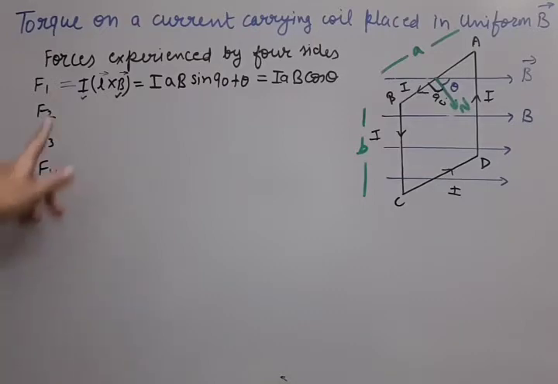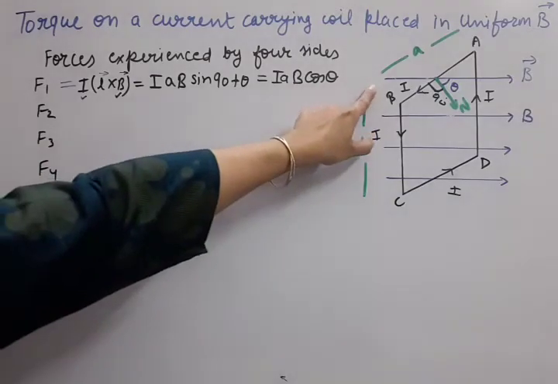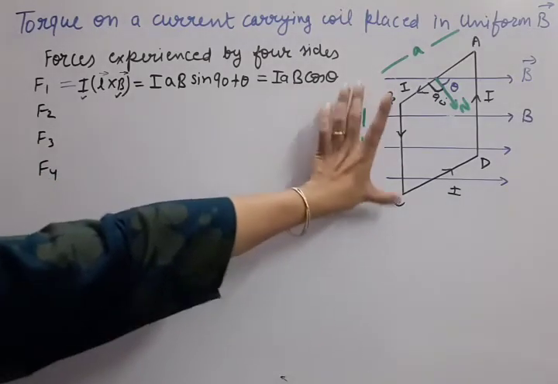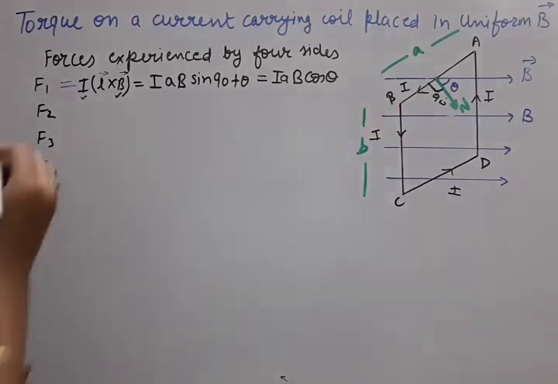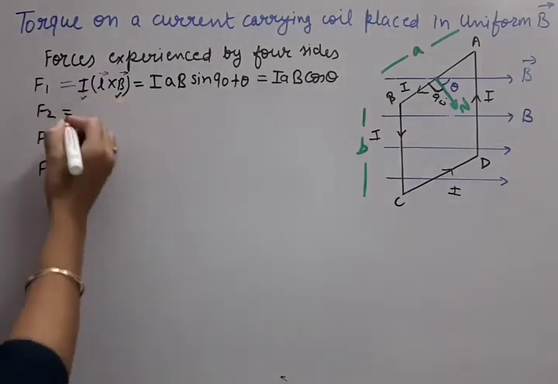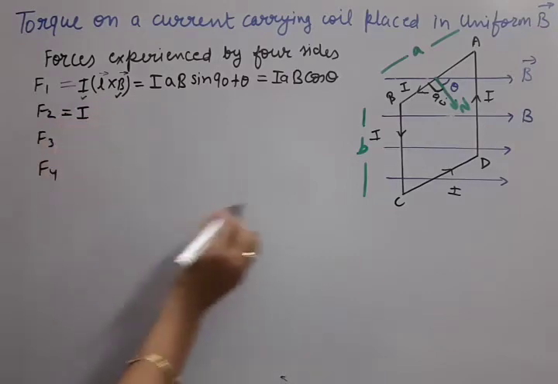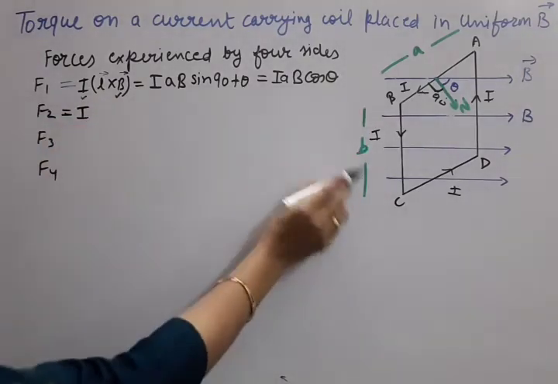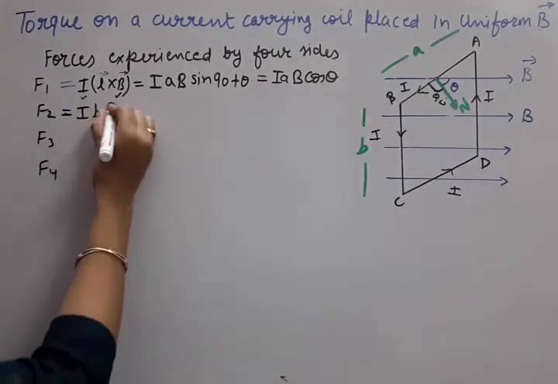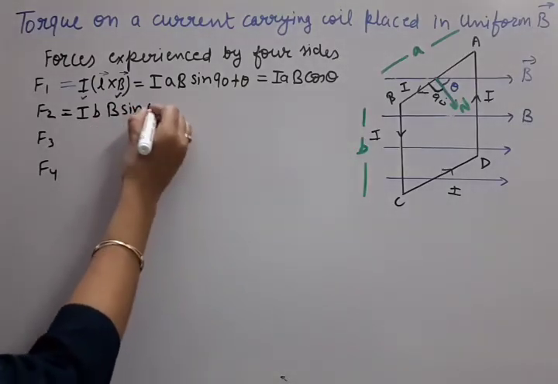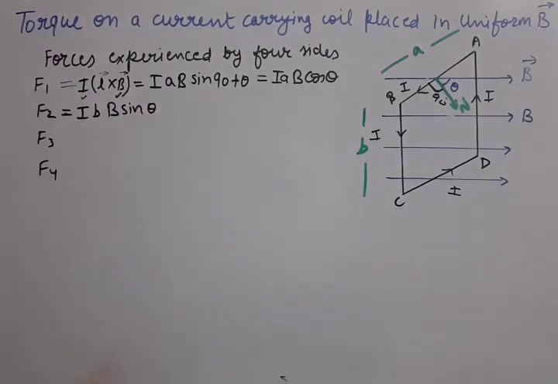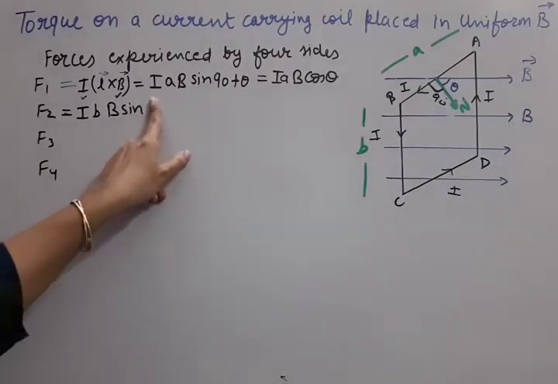Okay, so my first force is solved. That means the force on the first side AB is solved. Now we will be solving the force on this side. Again we will put the formula IL cross B. So I, length of the conductor is now B, magnetic field is capital B, sin theta we want. Now what is that angle which we have to solve here?